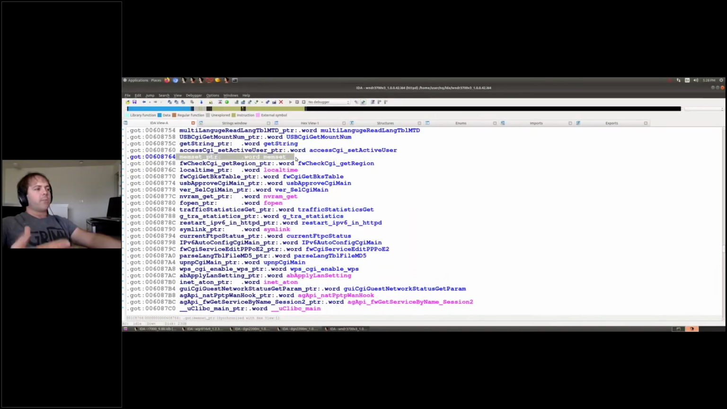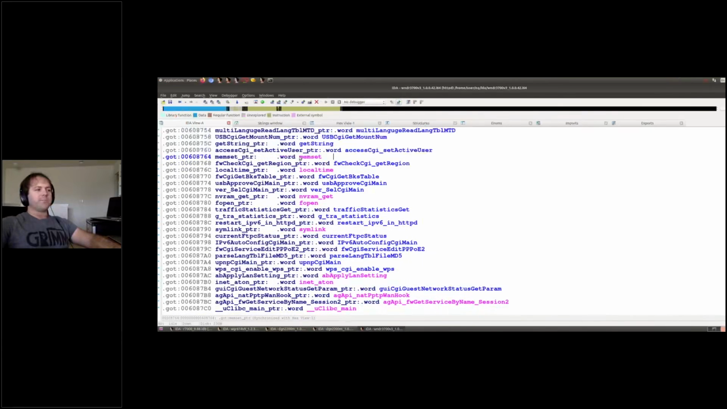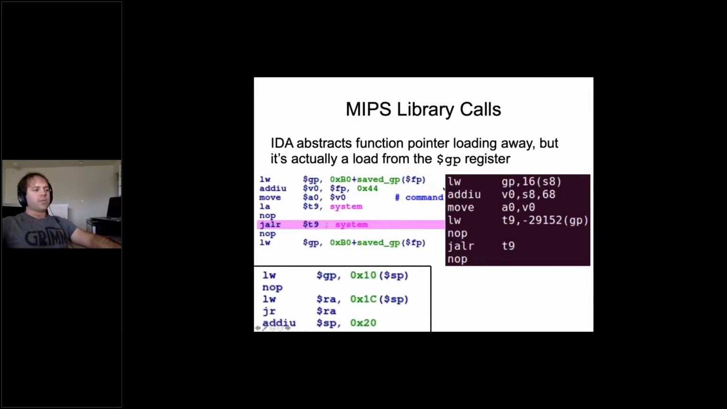And so the basic technique you can probably figure out from here is we're going to modify the GP register with the offset between memset and system. So that when the code thinks it's loading a pointer to memset, it's actually going to load a pointer to system. And the way we'll do that is we'll call this little gadget down here at the bottom, which simply loads GP from the